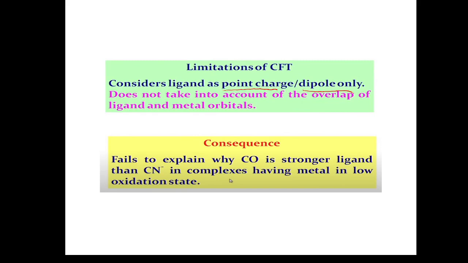That they are there is only their observation, but they didn't take into account the overlap of the ligand and metal orbital. That is the reason why they failed to explain why the C-type donors are stronger, like why CO is a stronger ligand than CN, or why halogen is a weak field ligand and C donor is a strong field ligand. That question we will answer through